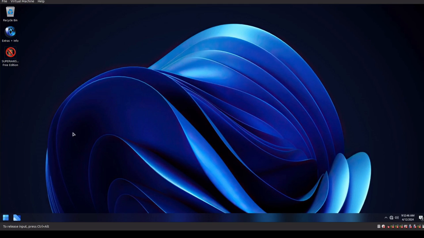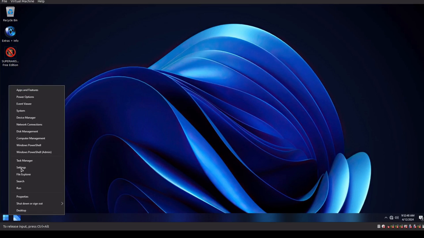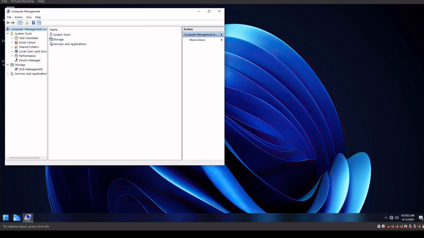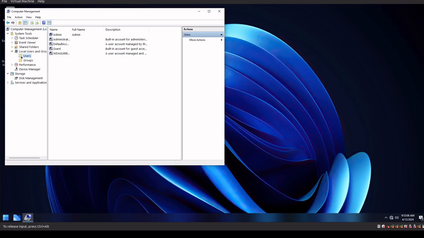Okay, our system just came back up. So the next thing I want to do in this system is set our user account information. So we're going to go into Computer Management, then Local Users and Groups. Select Users, and we're going to see the list of users here. Now the administrator account on this particular machine is built in. As it's a built-in account for administrating the computer, we're going to make sure that we create